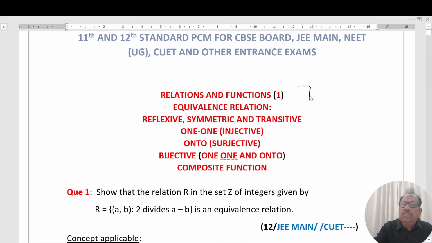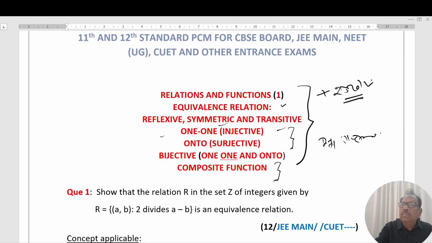Today's session topic is relations and functions for Class 12 math. In this session, I'm going to clear the concepts along with illustrations. What is an equivalence relation? What is reflexive? What is symmetric? What is transitive? What are the different types of mappings? What is a composite function? Each and every topic is being cleared by different